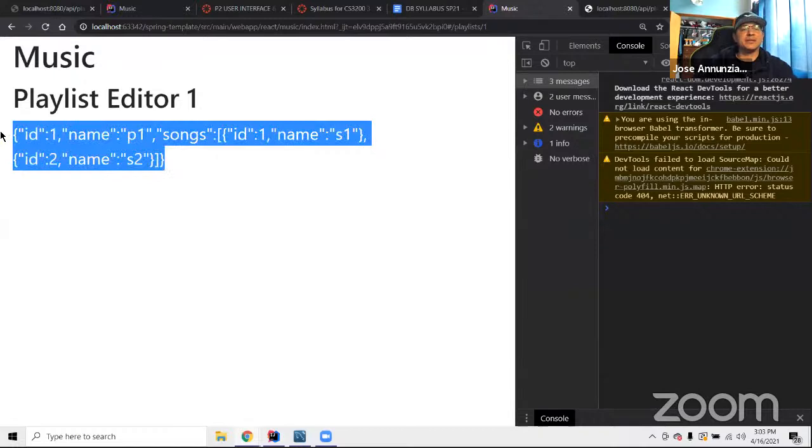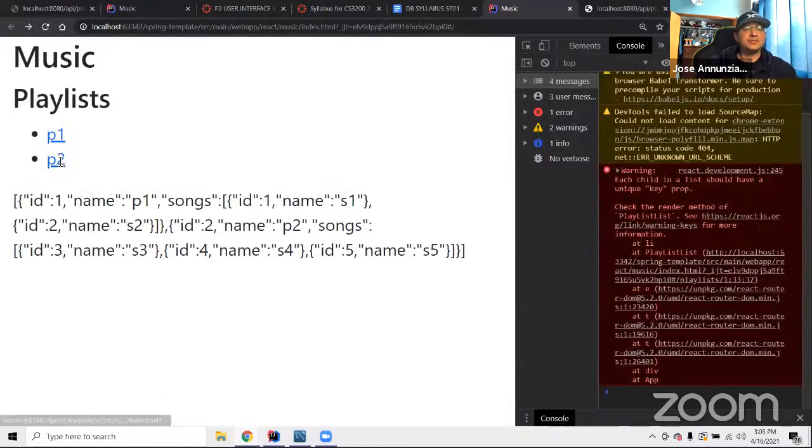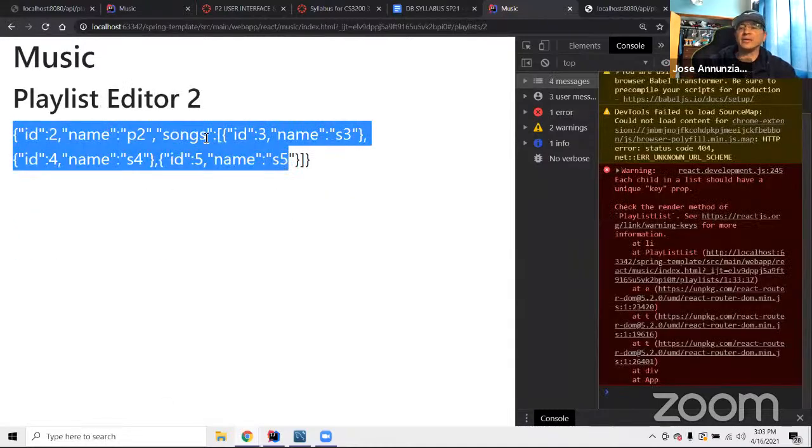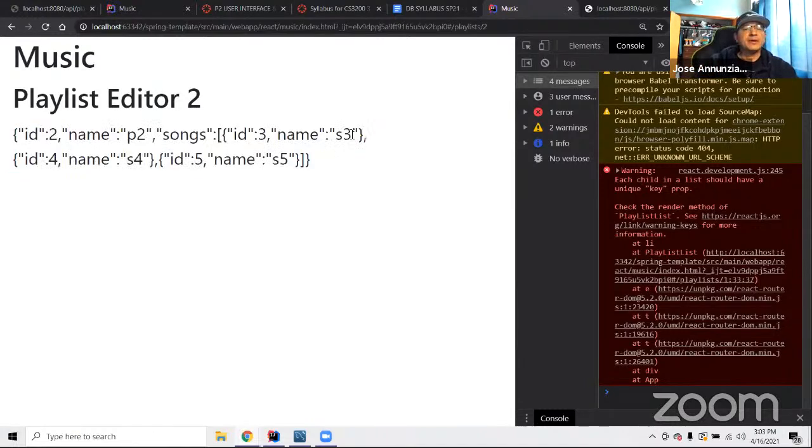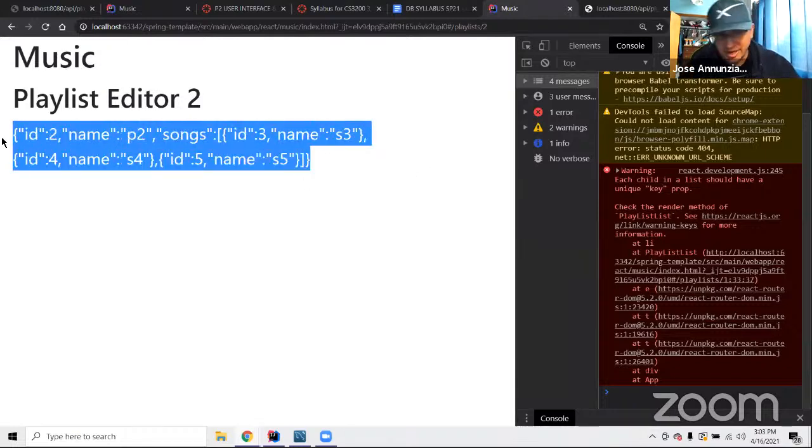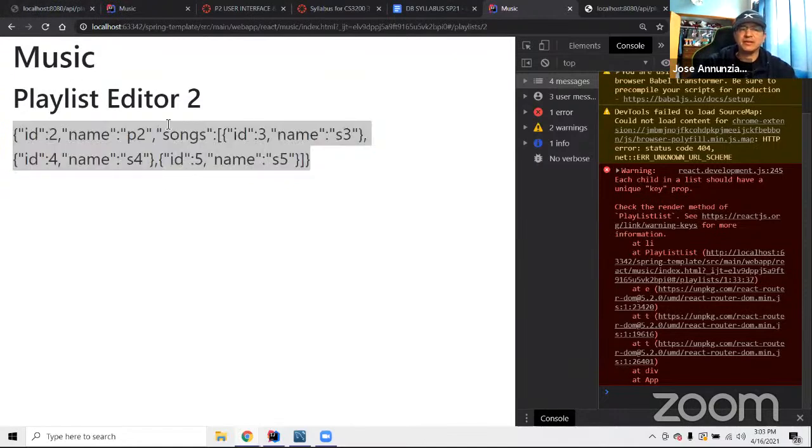There it is. So we got the playlist for playlist 1, about 2. There it is. Okay, so we always can get either 1 or 2. Notice that here we already have the songs, right? We don't really, we could just render the playlist and just the songs inside the playlist, right? We could do that. Let's render the